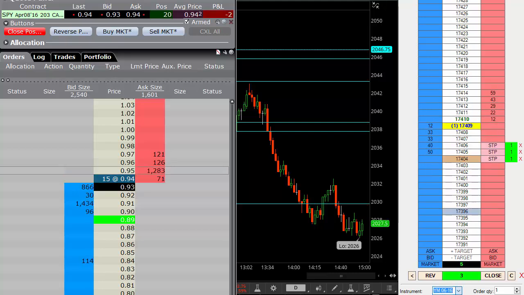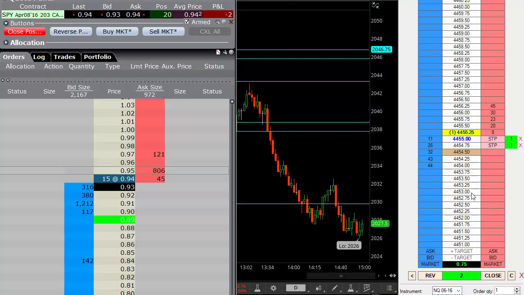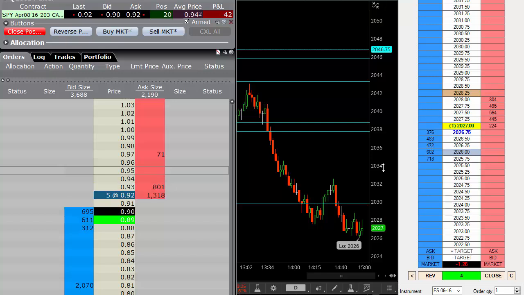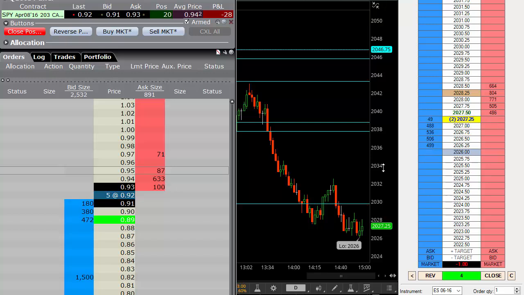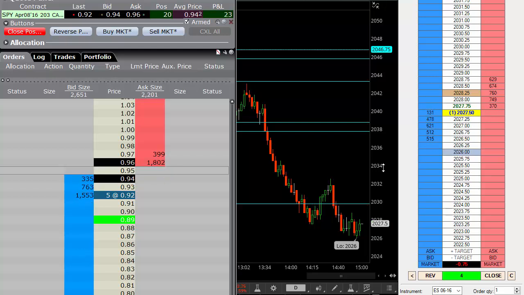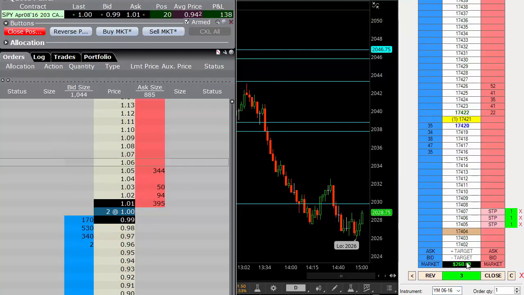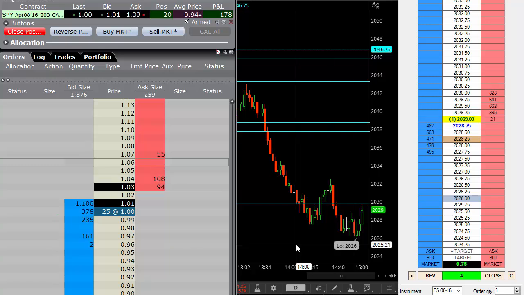So my goal is to be able to put these positions on and hold them and potentially manage out of those to mitigate my risk on the S&P to allow me to hold them longer. So on small pops, I can get out of the NASDAQ and the Dows and try and hold the S&Ps for a larger move. So right now sitting on those Dows,